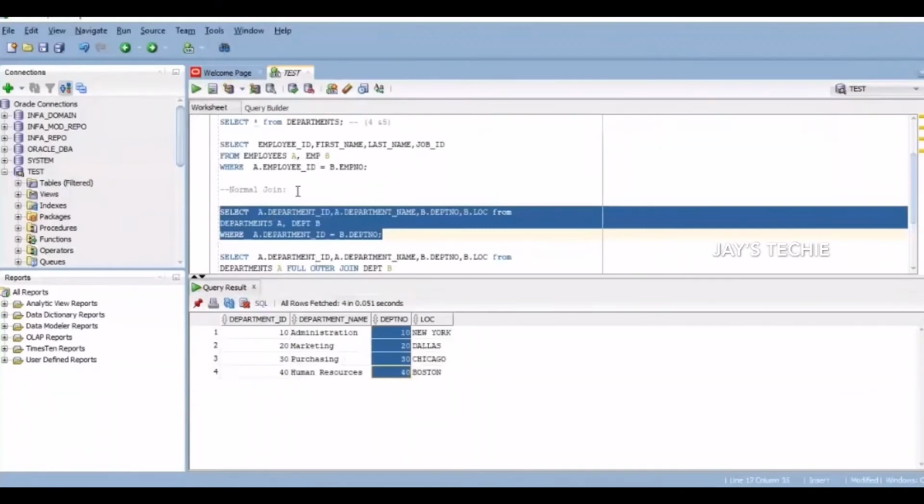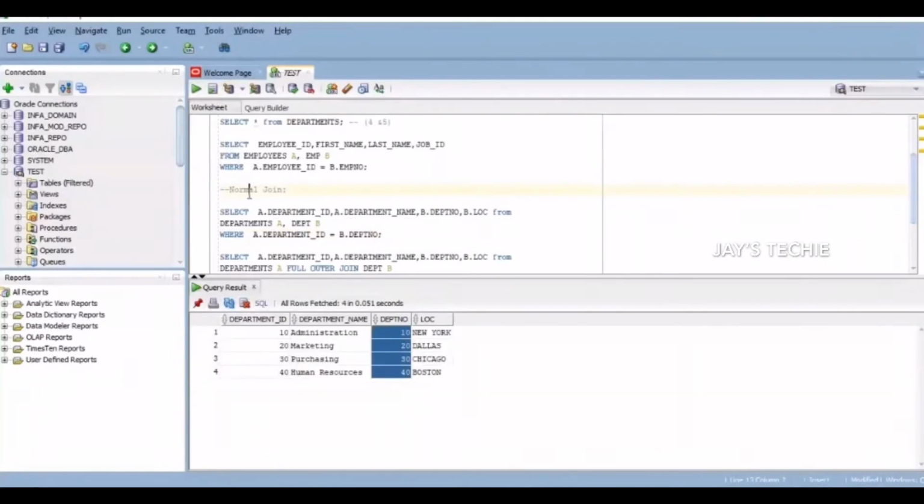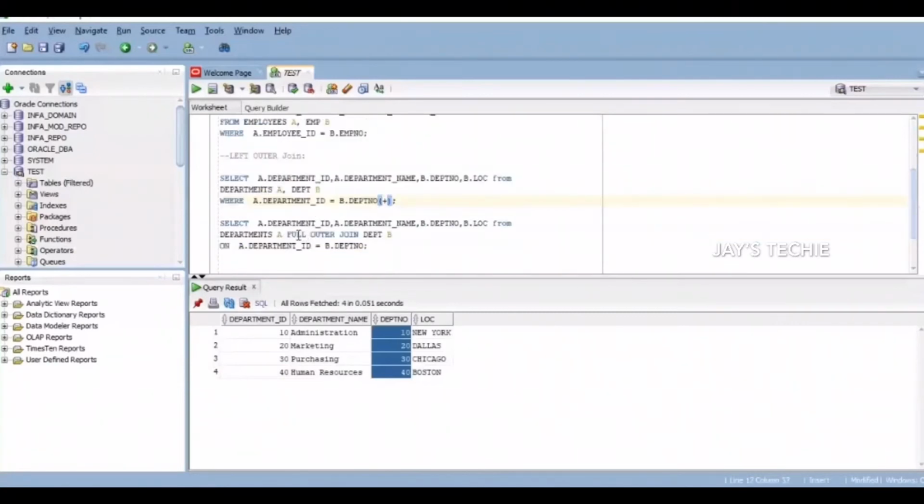Now let us see how to do a master join or a left outer join. Left join. When you do a left join, you have to use either the plus on the right, or you can also go ahead with the other syntax of using left over here. So both the ways are correct actually. You can try either way. Let us see the results.